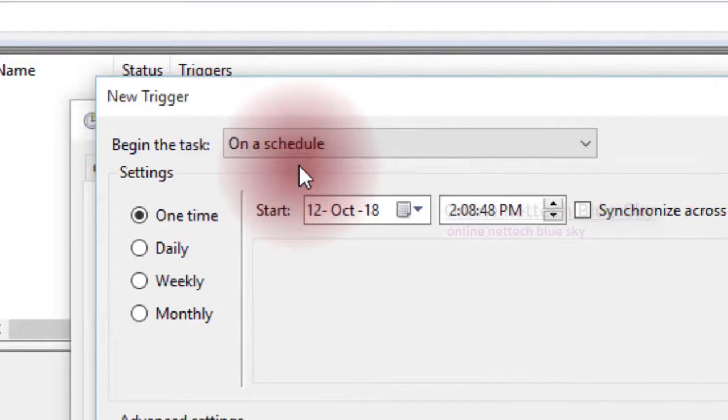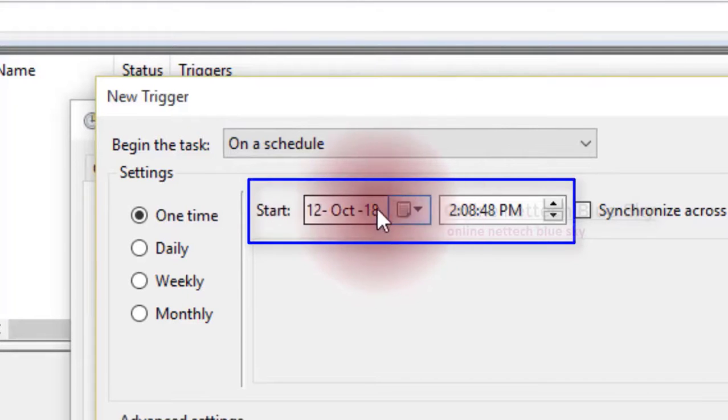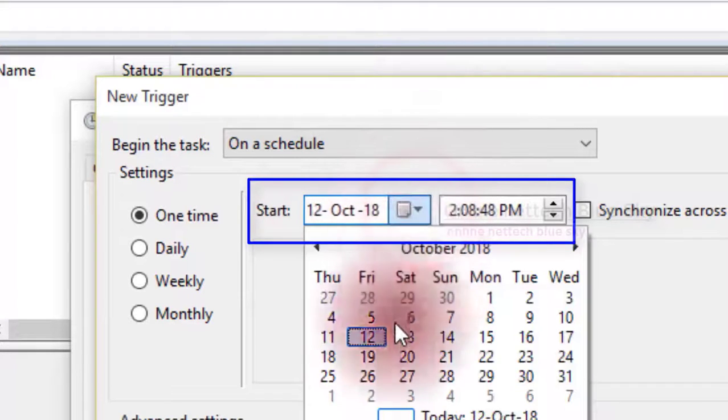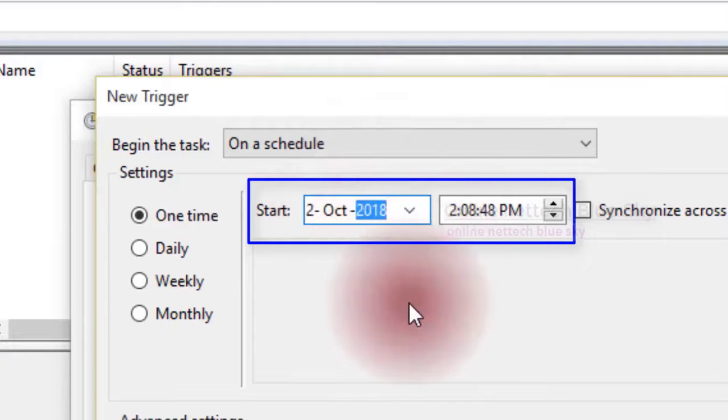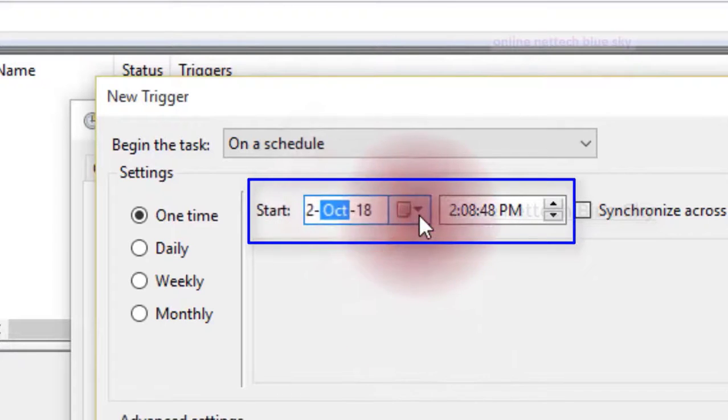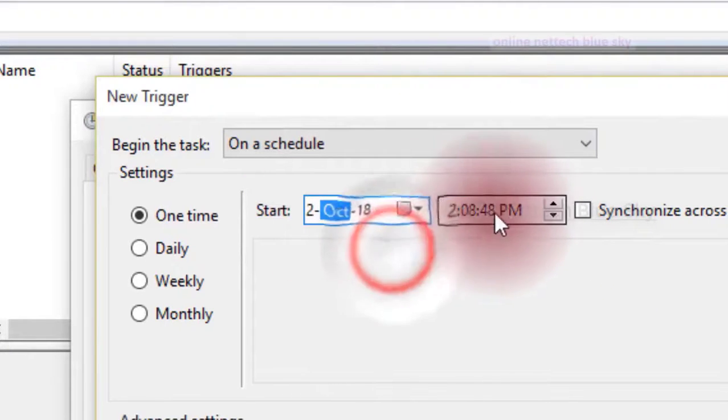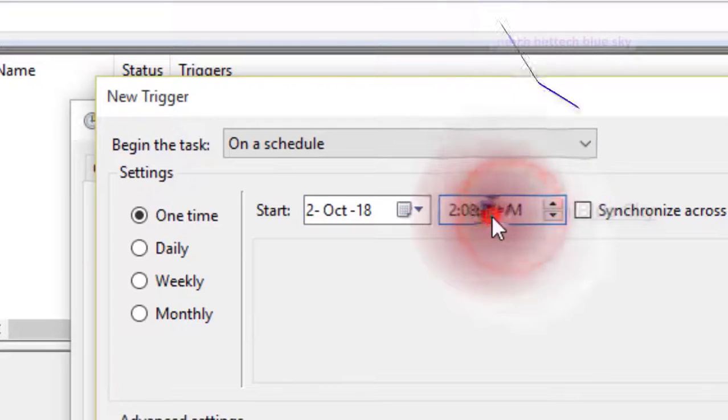Here you can select Begin the task. First you select Begin a task, and in settings you select your date. First I select my date, 2018. I'm just showing an example of how we can create a task and select your timing duration.